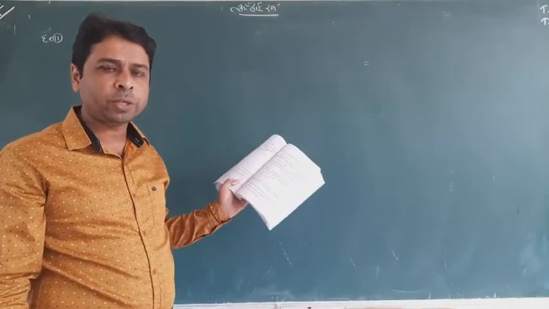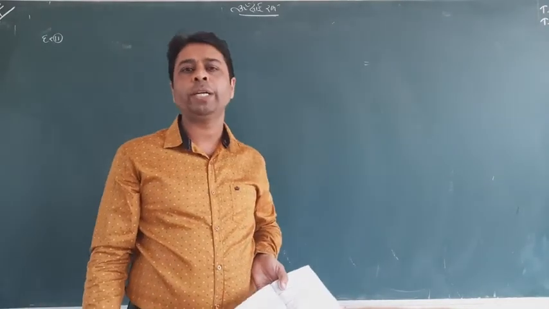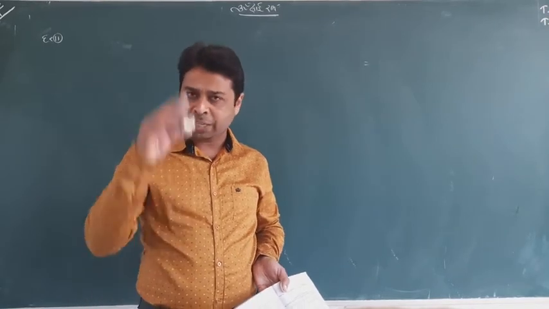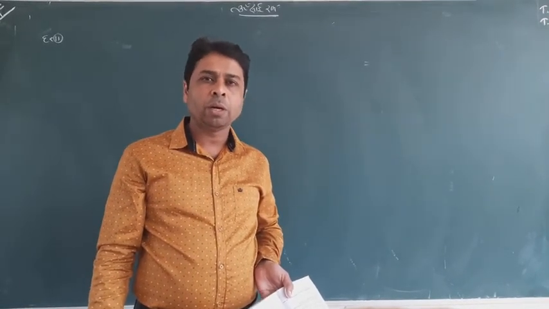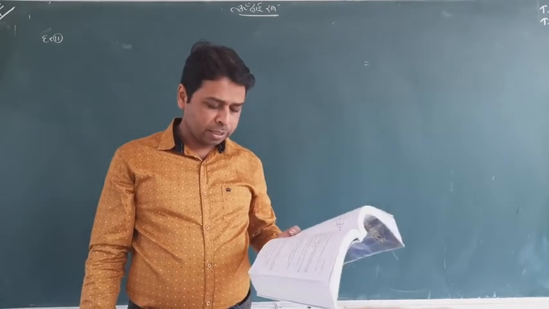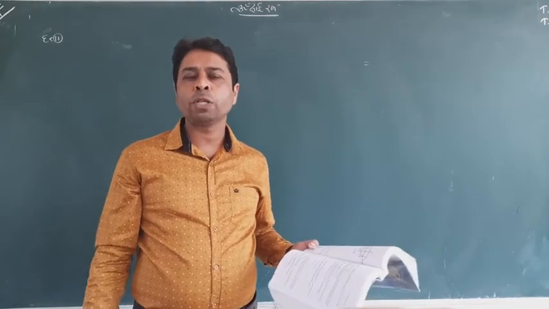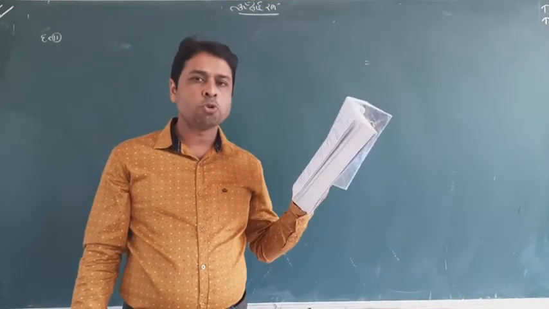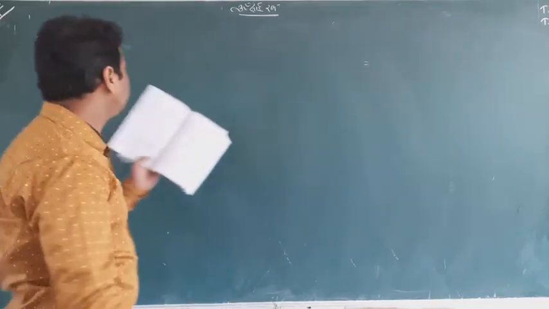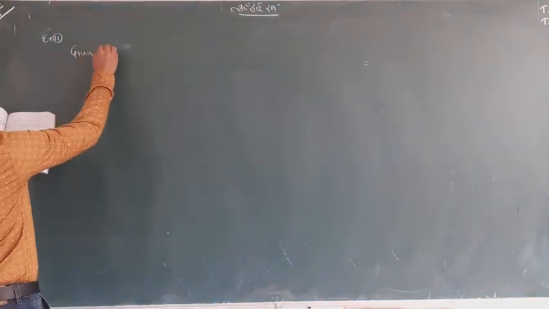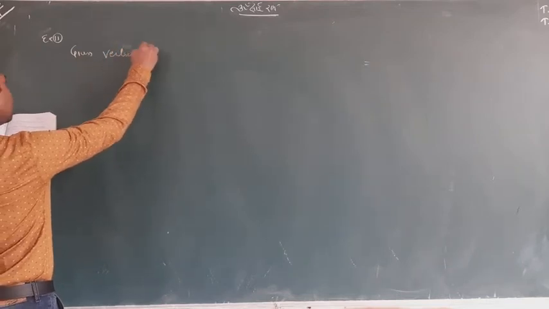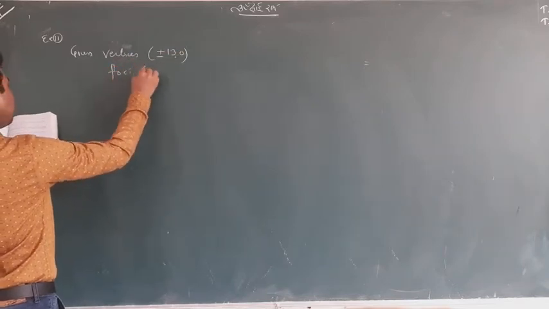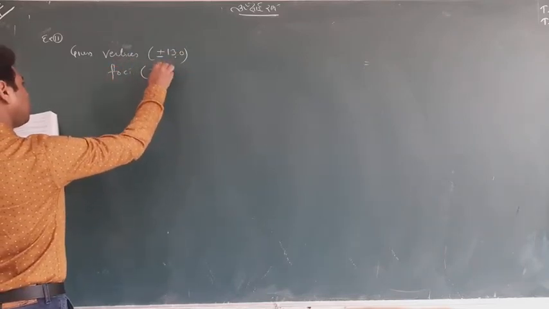When I started my lecture today, I told you that in most cases you will get two kinds of questions. In the first case, the equation will be given and you will be told to find some of the 8 things which I taught you yesterday. And second, some focus or vertex will be given and you will be told to find the equation of the ellipse. So in this question, it is told to find the equation of the ellipse, and given the vertices plus minus 13 comma 0, and foci plus minus 5 comma 0.